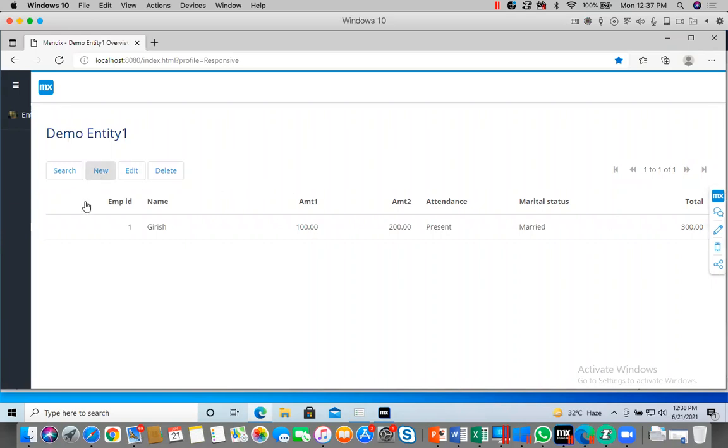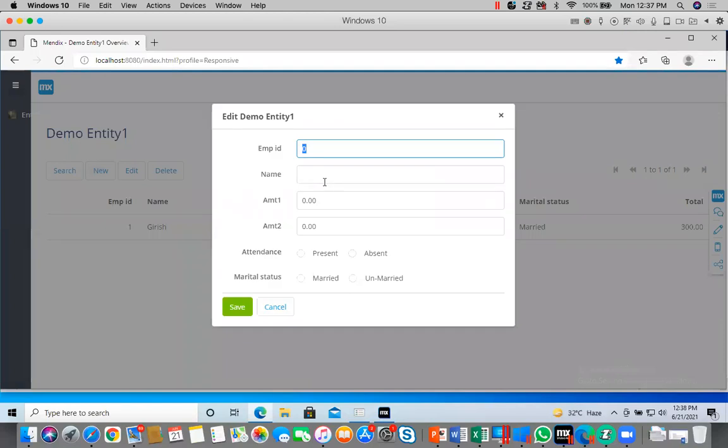Similarly, if I want to create a new record, 2, present, save.